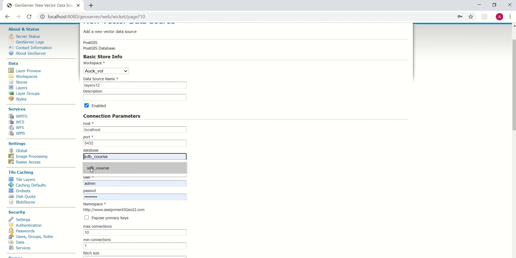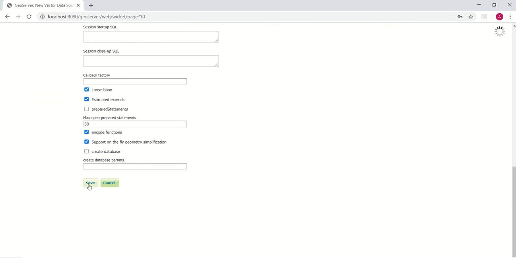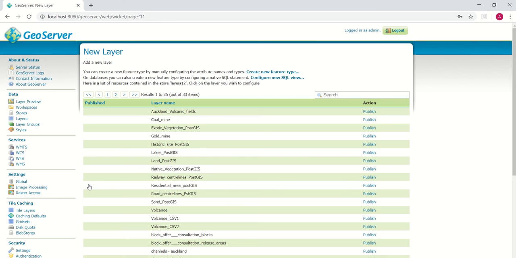Provide the credentials of Postgres and the database details, and click on save. So we can see the data from Postgres has been fetched successfully.